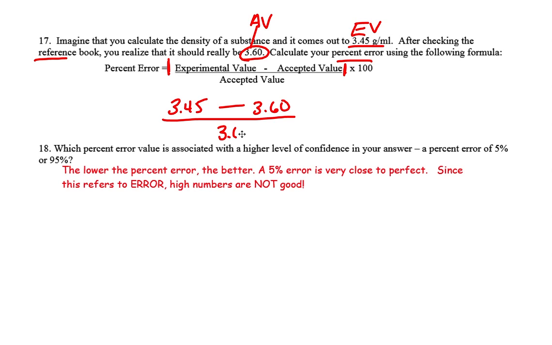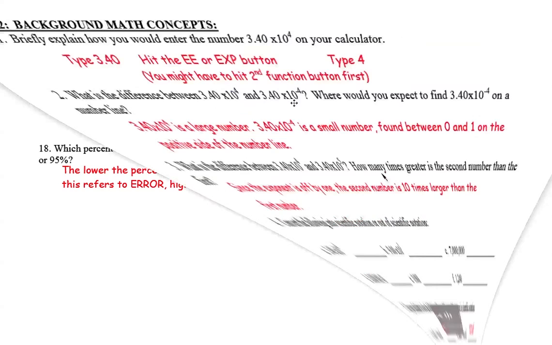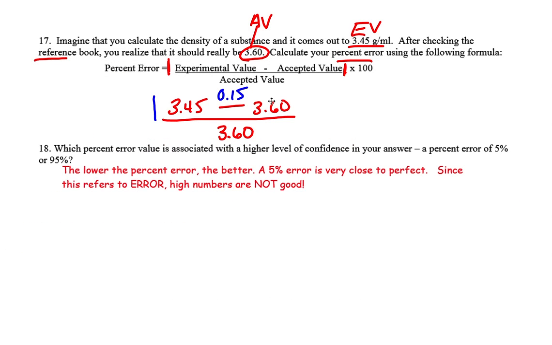The accepted is what you should have gotten, 3.60. So the difference up top is 0.15, that's how much you're off by, and then divide that by 3.60. And remember, it's the absolute value signs here. So don't worry about negative numbers, and you always have to multiply by 100. So when you do that, you should end up with about 4.2%